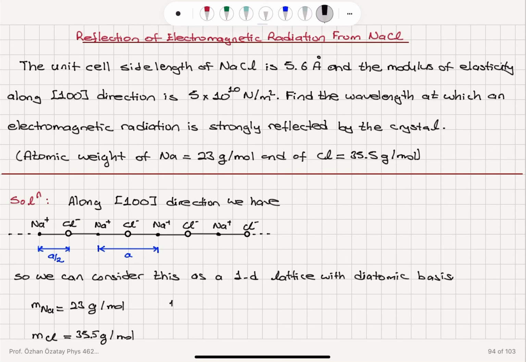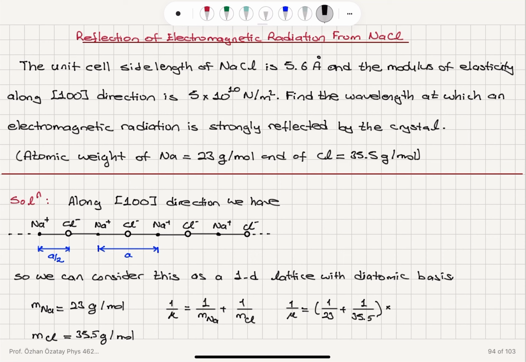If we calculate the effective mass of sodium chloride, if we consider a spring that connects sodium and chlorine, 1 over mass of sodium plus 1 over mass of chlorine, this would give us 1 over mu is equal to 1 over 23 plus 1 over 35.5,